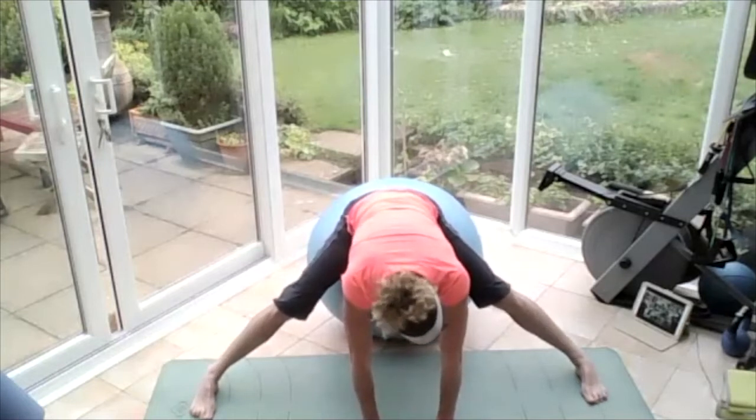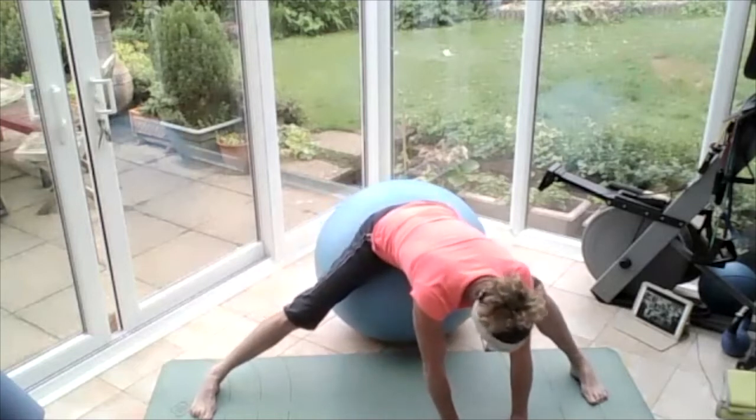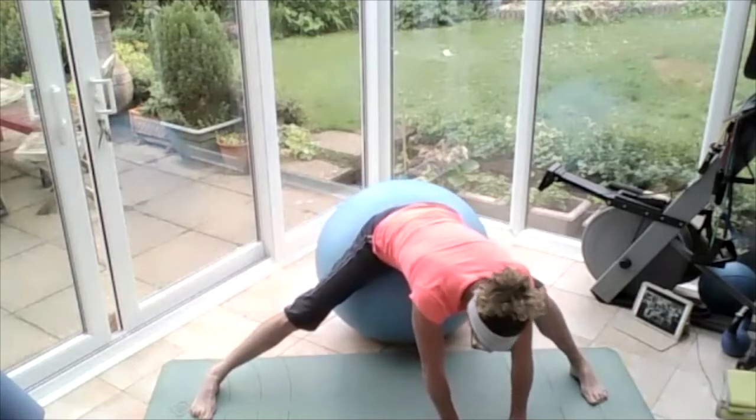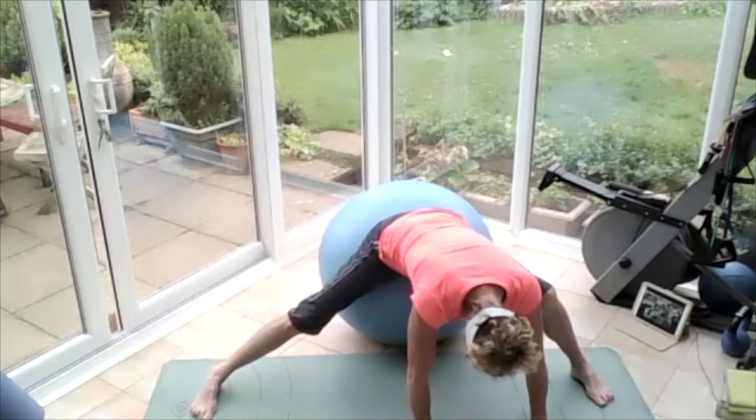Breathing in. Breathing out, walk the hands towards the left foot and bend that left knee and feel the stretch on the inner thigh on the right. Breathing in,